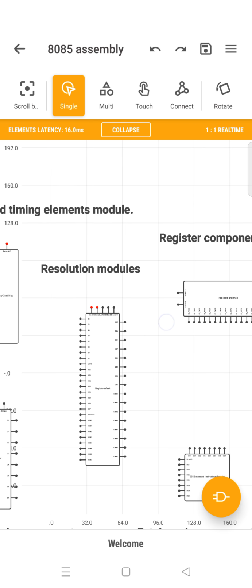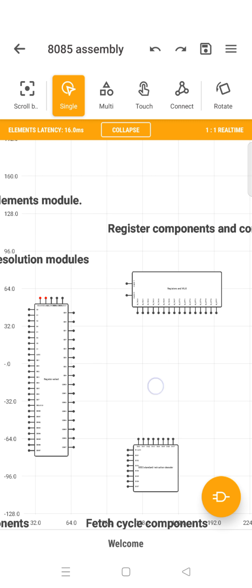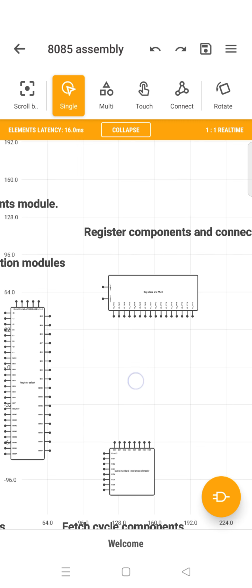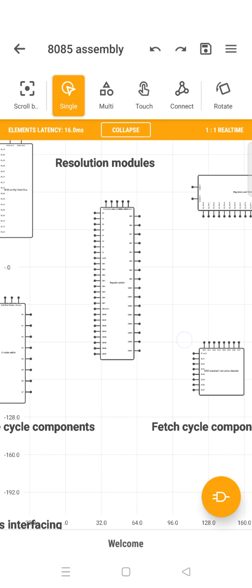Okay, then after that, what is called a register component. Register components are fast elements, slow elements, those kinds of things, where actually the performance is being done, where the execution of things happens, what you have to do from where. That is the register components and connections, okay. So that will give you all the register components and what different kinds of connections you have to make.